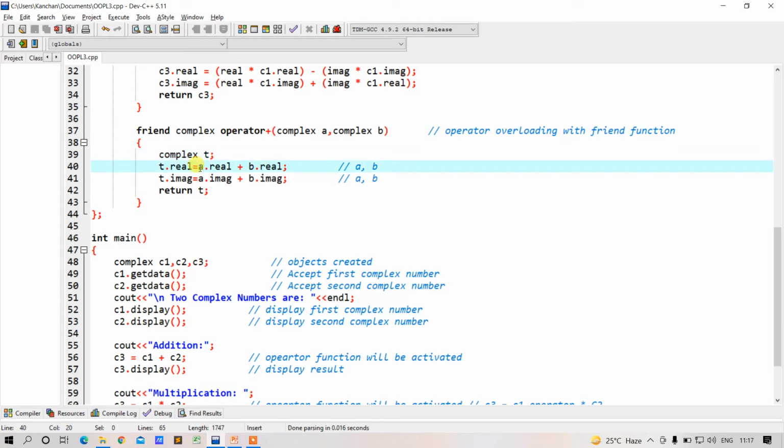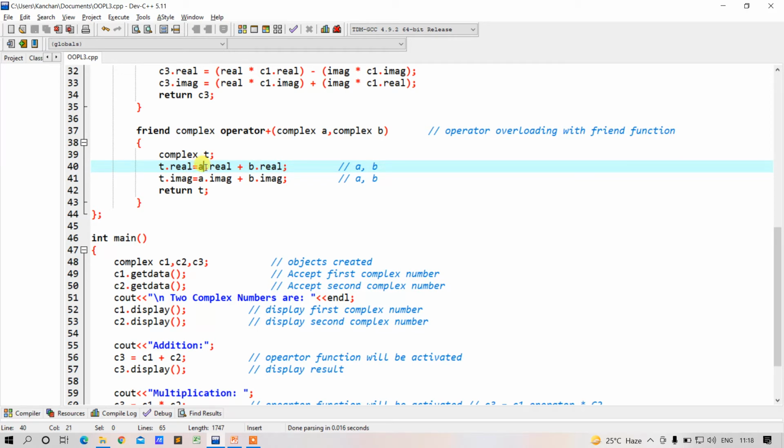Now if I have A and B as two complex numbers, A dot real will be the real part of my first complex number and B dot real will be the real part of my second complex number. As we take the help of the parameters passed to this operator function, we are going to access the real part of the first complex number such as A dot real.